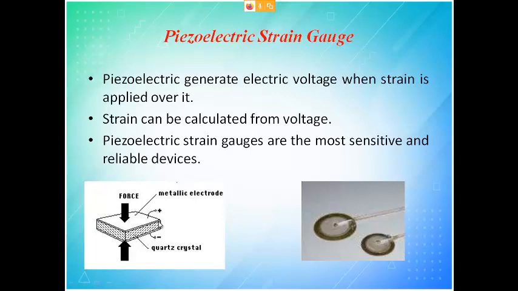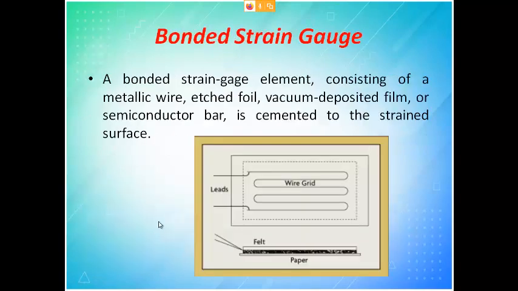Okay, so to some extent we can give the force. Then comes your classification based on bonded and unbonded. In case of bonded, you can see here I keep a thick paper, then I keep this gauge, and then I will keep one more layer for protection. So this is bonded between these two, so that is why the name came as bonded. So the strain gauge material is bonded between these two, so that is why we call it bonded.